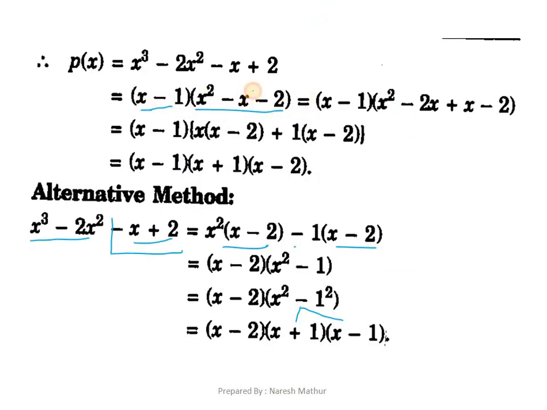Now again you just need to perform middle term split to factorize this quadratic polynomial, and at the end we'll get the answer. Just solve x square minus 2x plus x. We just split the minus x in the form of minus 2x plus x, so that the product of these can be minus 2x square. Just take x common, so that we get x minus 2, and take plus 1 as a common, so that we get x minus 2 also.